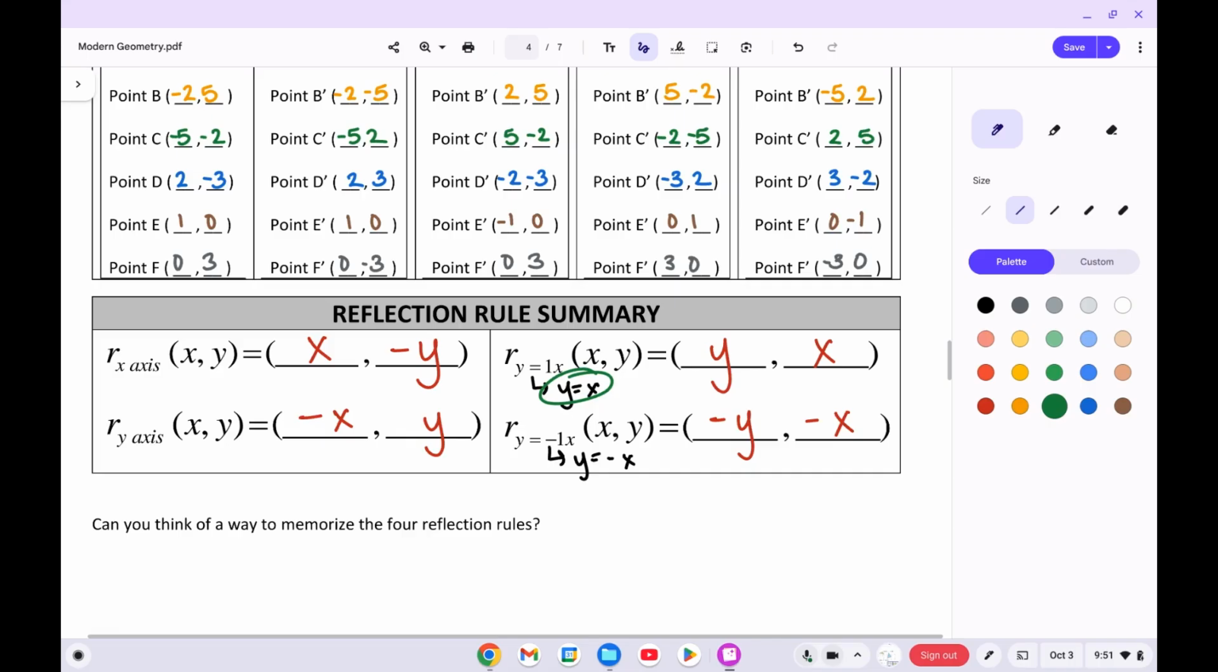Okay, now Monday when we come back, we're going to be talking about rotations. So we're going to do something really similar. We're going to use that same website, but we're going to do it differently with the rotations to try to figure out those rules too. Okay, do we have any questions about these rules? Okay, so I do have a worksheet